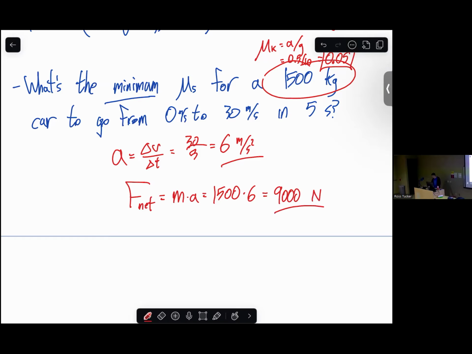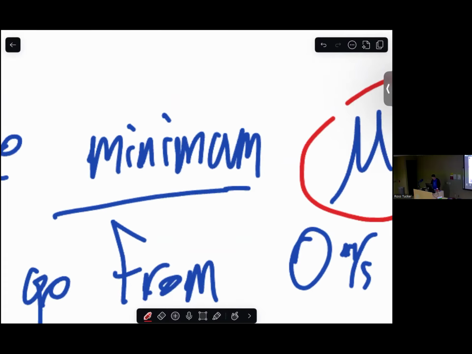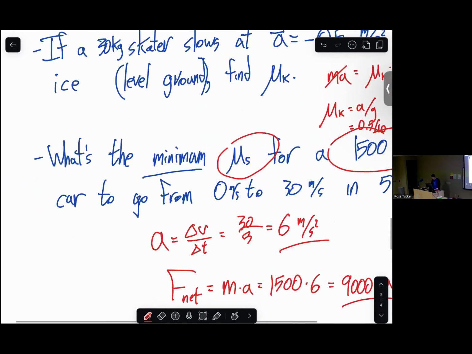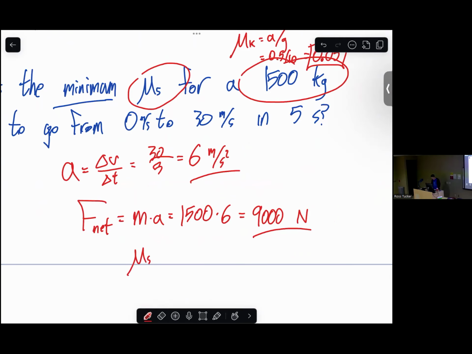Okay, so if I know the net force, wait, hold on. Okay, so let's read the problem. What is the minimum static friction coefficient? Well, static friction is not always equal to net force, but I think if you're in a car that's trying to accelerate, static friction is what is providing that force. Static friction is not always equal to mu_s N, but if in particular I'm talking about the limiting, the minimum threshold value to be able to provide this force, I think it only makes sense to say we are at the limit, mu_s N equals